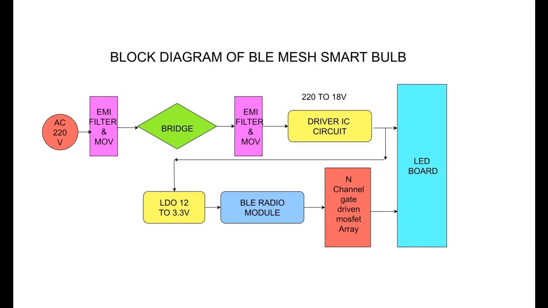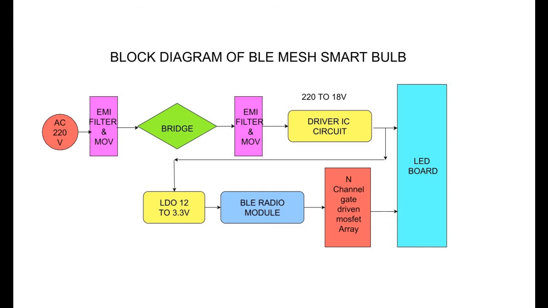This is another block diagram. This can be implemented only for BLE design. Everything is same except for the radio module power requirement. BLE module requires very small amount of power, like 30 to 50 milliamps. So this circuit fulfills it properly. Whereas Wi-Fi module requires huge power for its working, like 500 milliamps. So there we require another AC/DC IC and LDO.